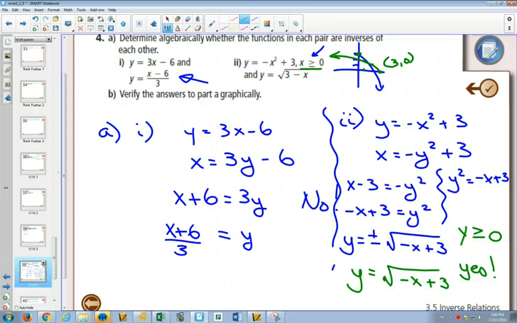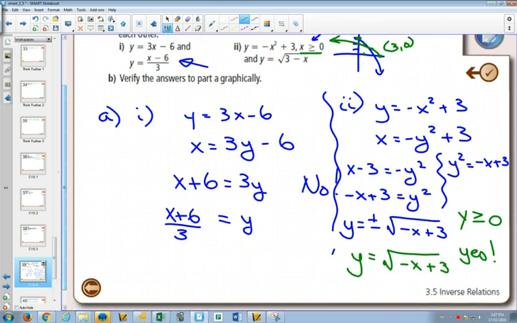So how do we verify these answers graphically? Well, we kind of did that already in part 2. We drew the graph, and we did the inverse, and they match up. But if we were going to graph y equals negative x plus 3 or y equals 3 minus x, if I was graphing that to see if it actually matches up with the green one,